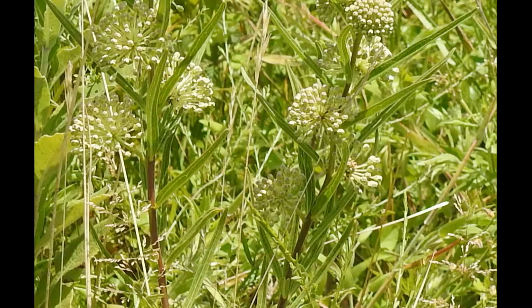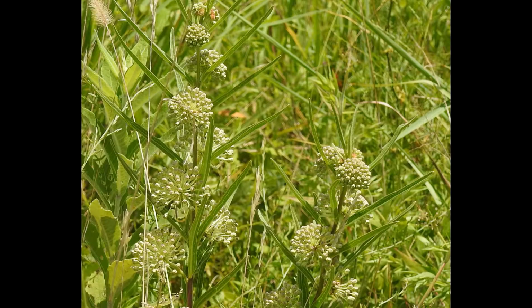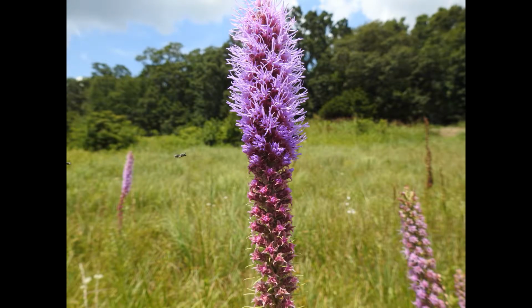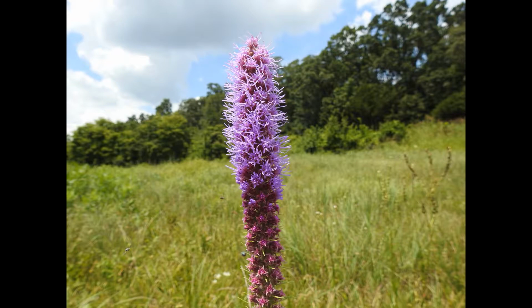Asclepias hirtella is starting to be close to bloom at Pinnacle Wet Prairie. And it's in bloom out at 112 Drive-In, has been for a month. Common name, narrowleaf. And this is that yellow thing, goldenrod. It's just starting to bloom at Pinnacle Prairie. And there's the